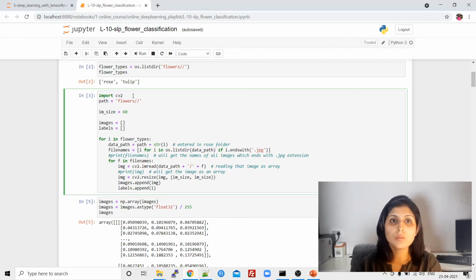If this module is not installed on your PC, then you can install it using pip. Pip install opencv, or pip install opencv-python. The command is like this. You can copy that command from the internet, paste it, and install opencv. Okay, so after installing opencv, you can import it.